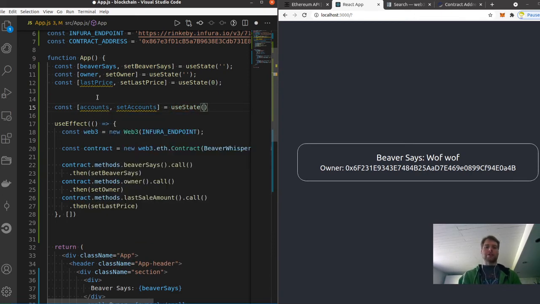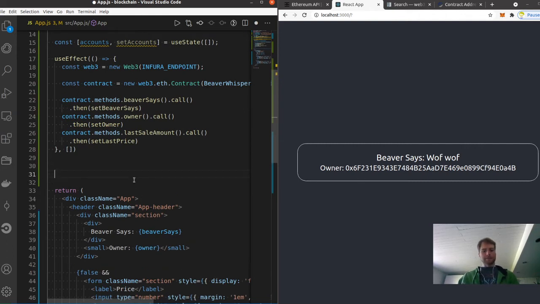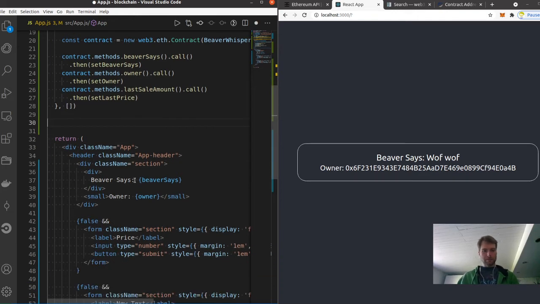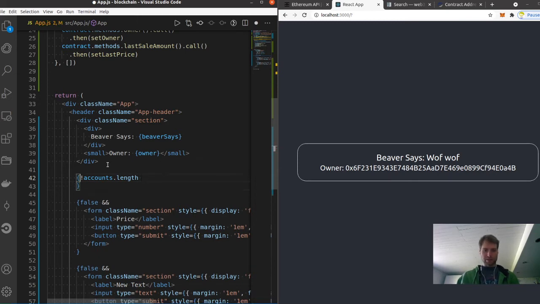So we're going to say useState and an empty array here. So we have empty accounts at the beginning. That makes sense, I guess. Yeah, this looks good. So here we can say if not accounts length, so if there are no accounts, then let's show a button here, or let's do a section. No, let's do just a button. See, if accounts length, and